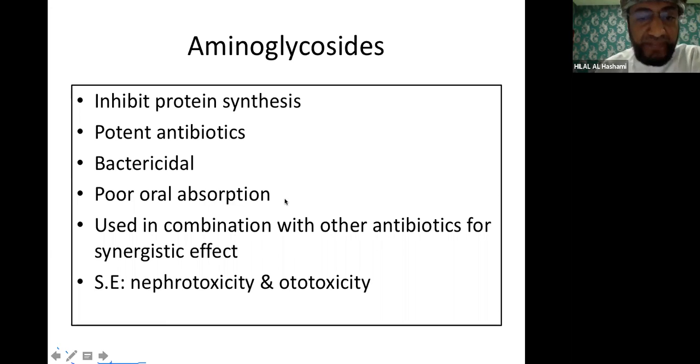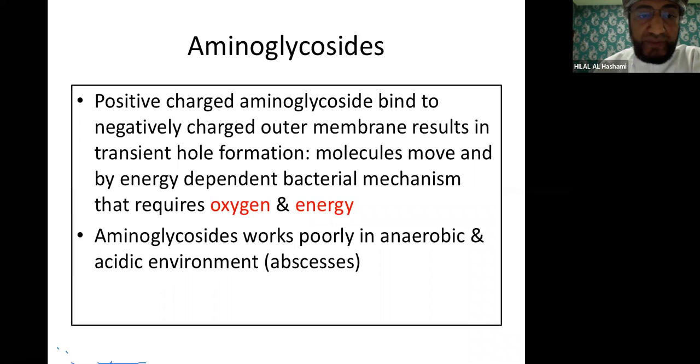They have poor oral absorption and are used in combination with other antibiotics for a synergistic effect. We use it, for example, in some gram-positive infective endocarditis. They cause nephrotoxicity and ototoxicity. The positively charged aminoglycosides bind to the negatively charged outer membrane, which results in hole formation in the outer membrane, so that the molecule will move